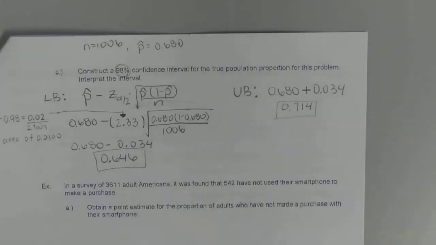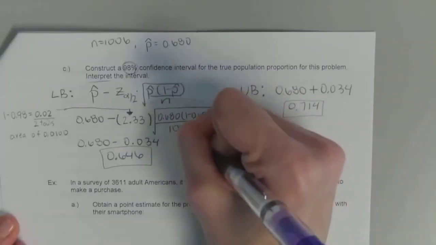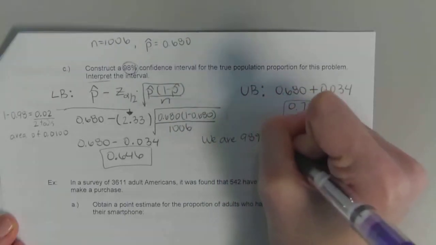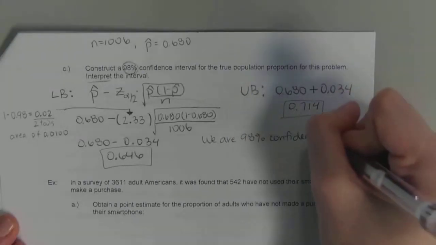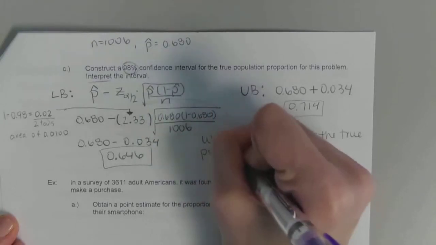Okay, so what we're going to make sure we do is, one, make sure we feel comfortable finding our lower and upper bound, but two, every problem is going to say interpret, all right? So hopefully somewhere in there you have room for a sentence, okay? And every interpretation is very, very similar, okay? What we're going to say is, we are 98% confident. We are 98% confident the true population proportion